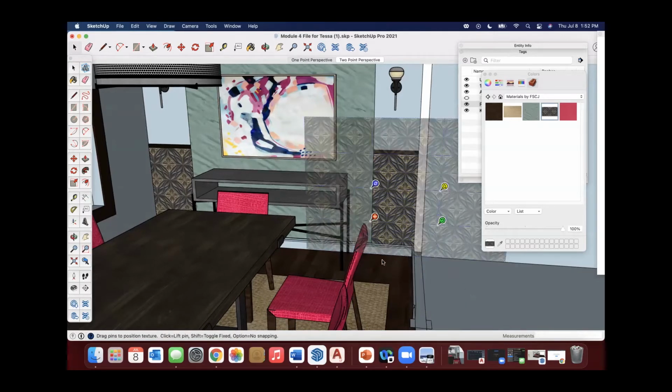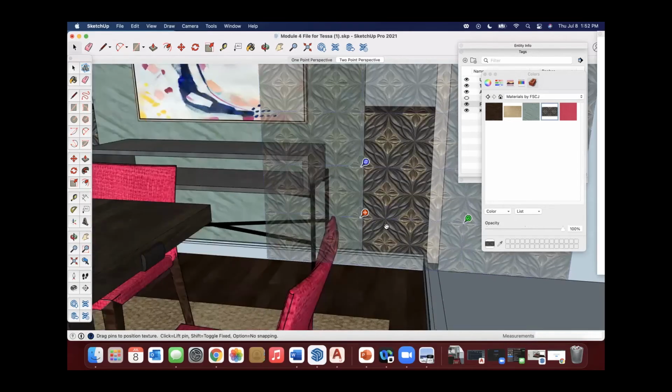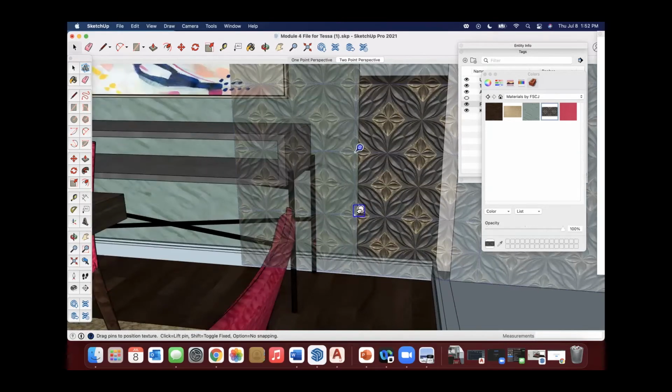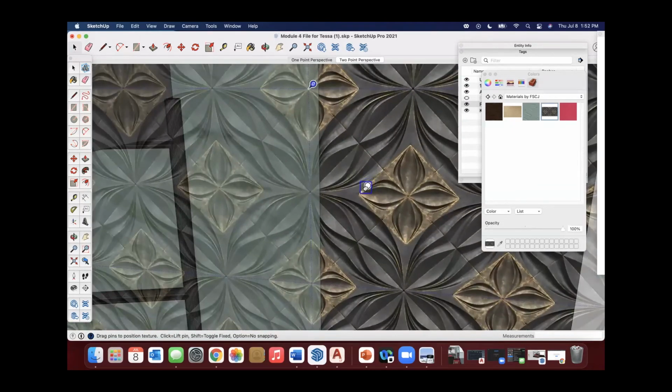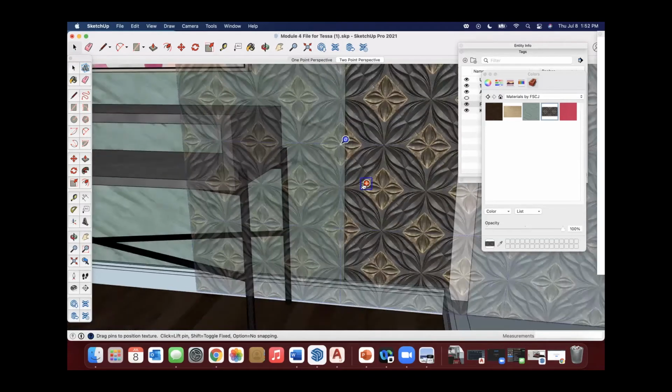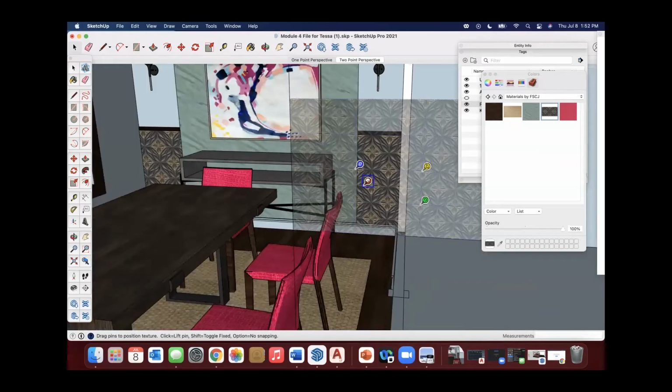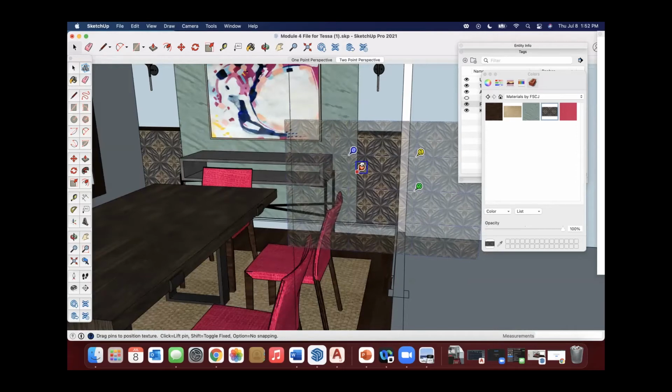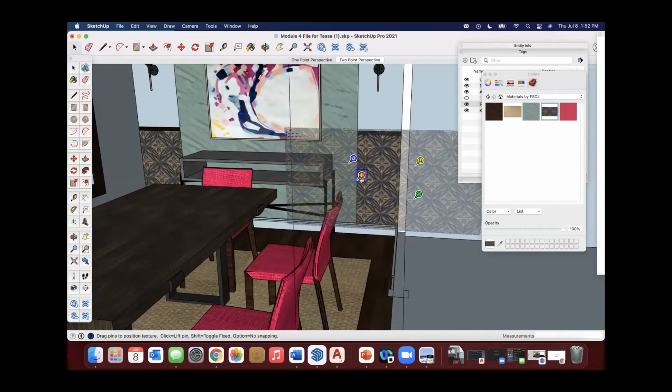And so we're going to see our pins again, and there are a couple of things I can do. I can click on this red pin for move, and it puts it on my cursor. I can move it right here to this corner, and then move it along the edge and put that at midpoint.